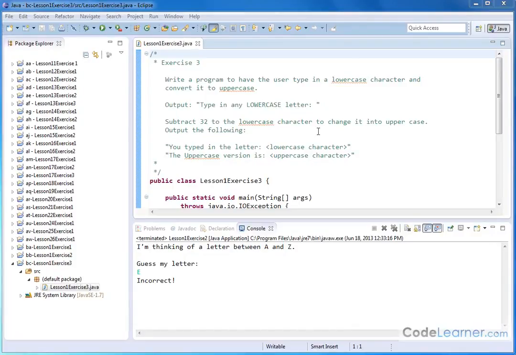Hello, welcome to exercise 3. Here we're going to write a program to have the user type in a lowercase character and we will then convert it to uppercase. So we'll output something to the screen that says type in any lowercase letter, and then